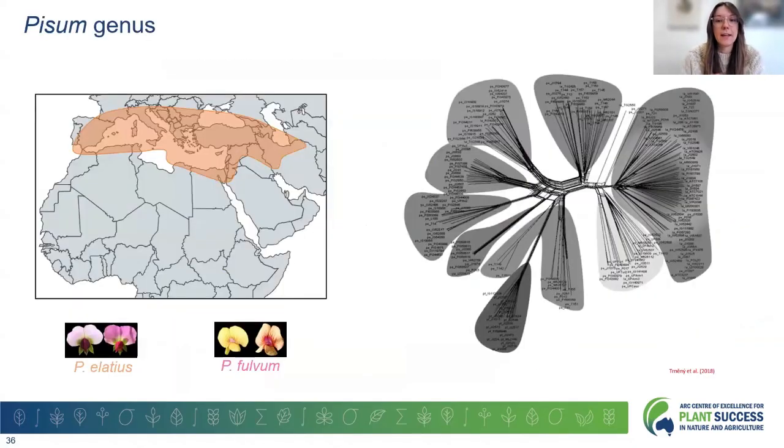So pea is one of the oldest domesticated species, around 10,000 years ago. And it's been domesticated in a different part of the world compared to bean. And the genus is a little bit messy. It's sort of best described as a species complex. And we can see in the genus there are a number of distinct genetic subclades as well. So the original distribution of,